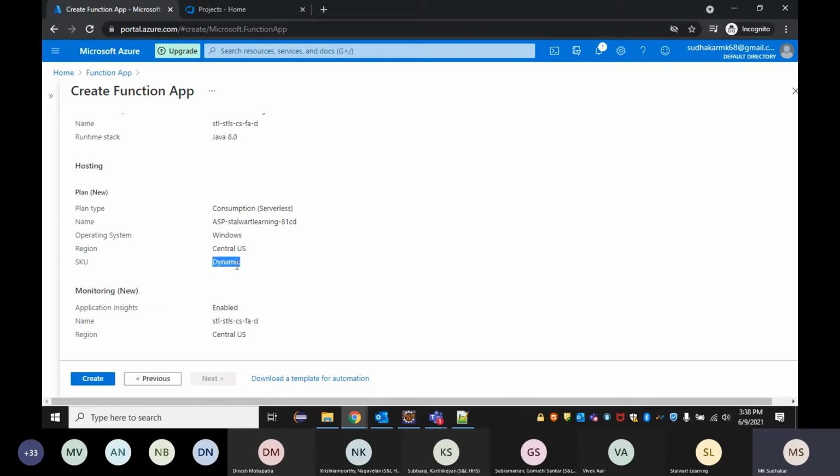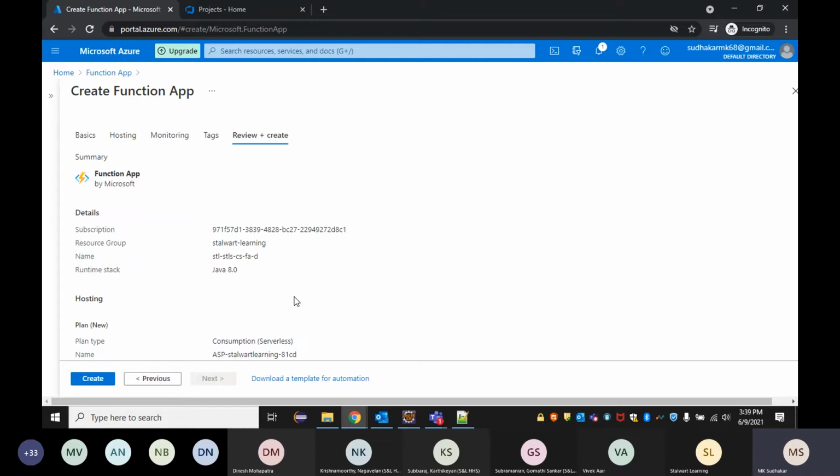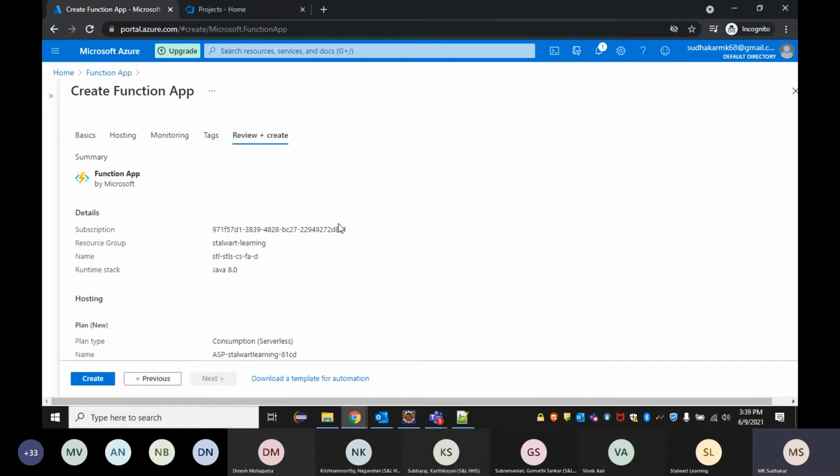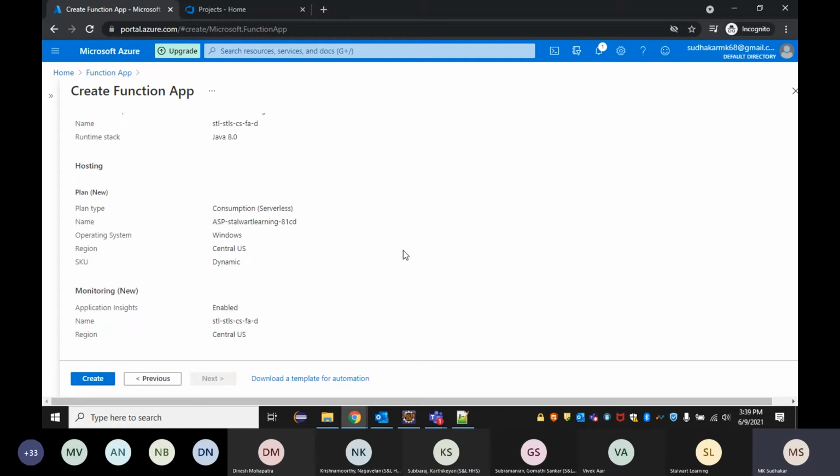Under that will be the tier of Dynamic. So app insights is enabled, and this app insights name is this, and the region again this. So that's how it is showing me. Now let's see. I'm not going to create these resources, because we don't want to do it manually. That's what the complete demo is based on, right?